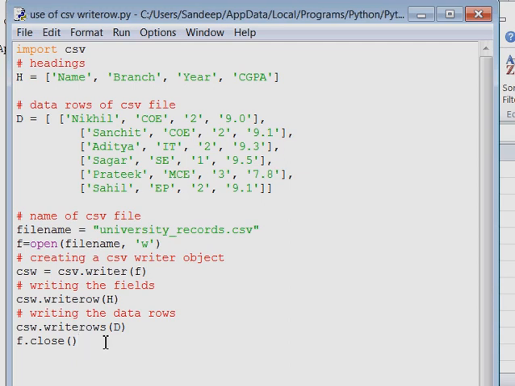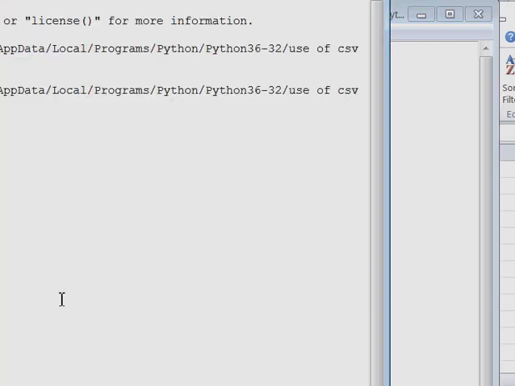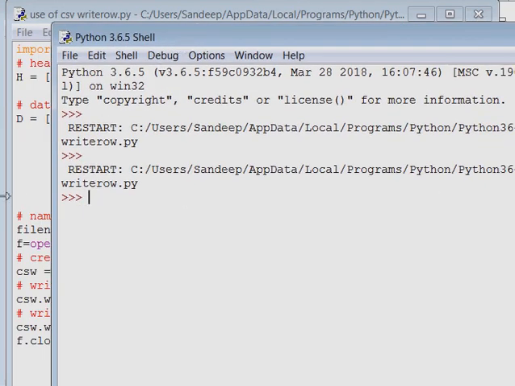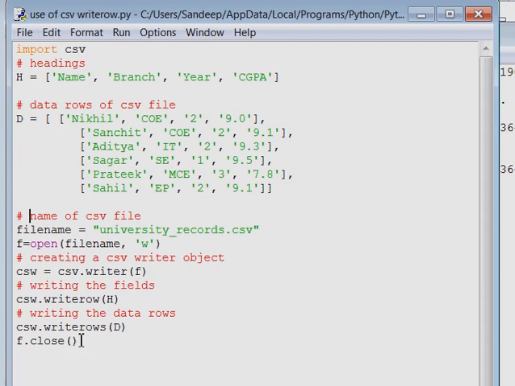Now if you save and press F5 here, then if you want to see the output, no output will be there because we have not given any print statement to say something here. So ये प्रोग्राम कर क्या रहा है, ये प्रोग्राम बैकएंड पे आपकी फाइल में कुछ बना रहा है, कुछ रख रहा है. किस फाइल में, university_records में. तो आपने वो चेक करना है कि क्या वो बन गया है.